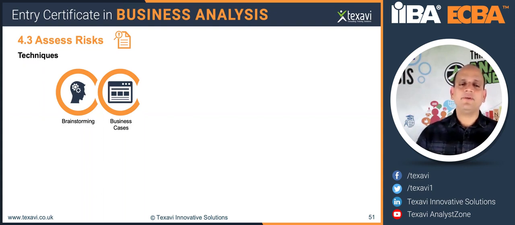So each option, for example, if there are three options that are in front of you, or even if it's just two options, like for example, either you're buying a solution to implement the customer relationship management solution, or you've got the option to build that completely from the ground up using your own in-house team. For example, let's take this set of two options that you have available: buy or build. Then you need to be able to clearly specify the costs, the benefits involved, the value that you're going to offer, and more importantly, in this context, all the potential risks involved with the buy as well as with the